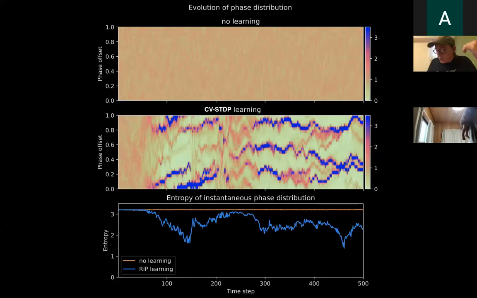And you can see entropy fluctuations occurring spontaneously, where the entropy here is the entropy at each time step of the phase distribution. So low entropy means higher order or less uniformity. That means that there's more clumps or more well-defined clumps. Higher entropy means that it's less ordered or more uniform. So you can see that the network under this learning rule